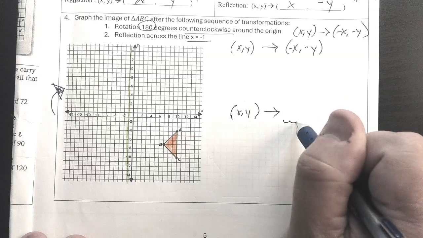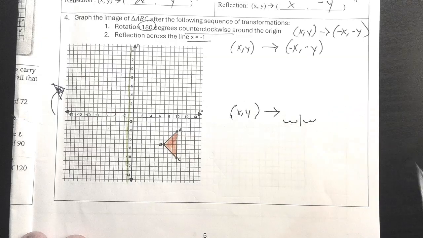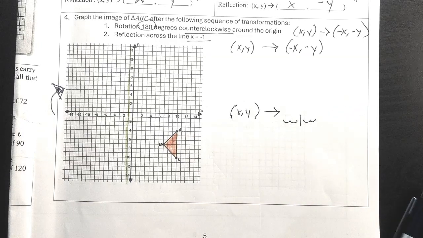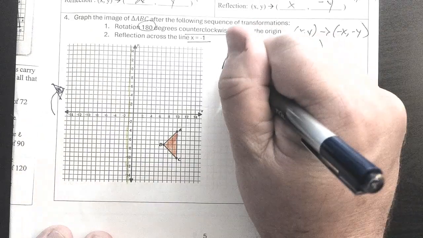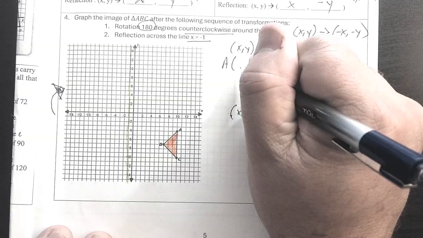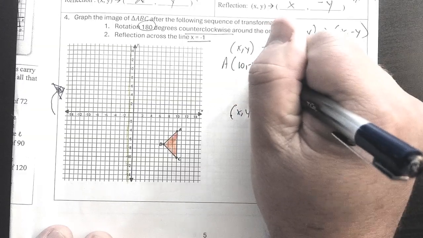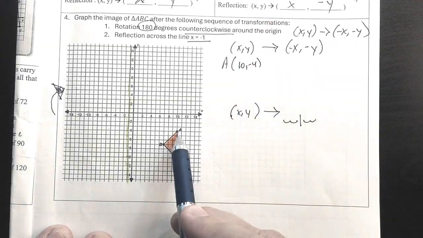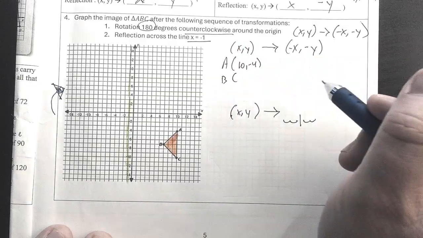We're going to count from each side of that line. First things first, our points, A, B, and C. A is currently at 10, negative 4. So 10, negative 4. B is 7,